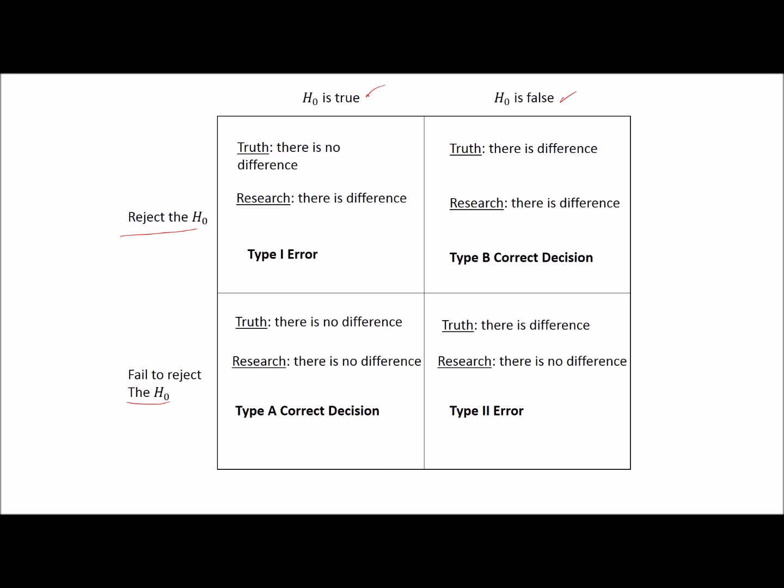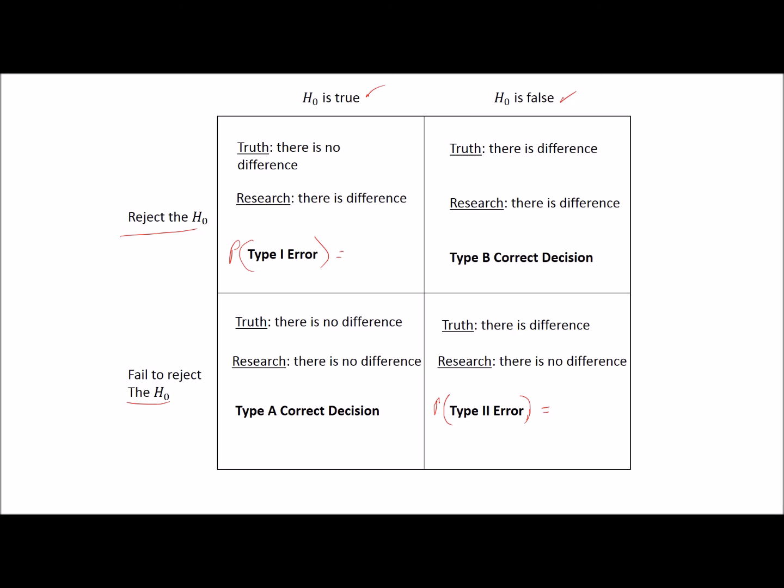Now, neither a type 1 nor a type 2 error are things that you actually want. One is a false positive, if we're talking about medical terms. The other would be a false negative, if we're talking about medical terms. So you do not want a type 1 or a type 2 error. So it's statistics, and we deal in probabilities. What is the probability of having a type 1 error? So I'm just going to write this in here like the mathematical way we would express it. What's the probability of a type 1 error? And then what's the probability of a type 2 error?